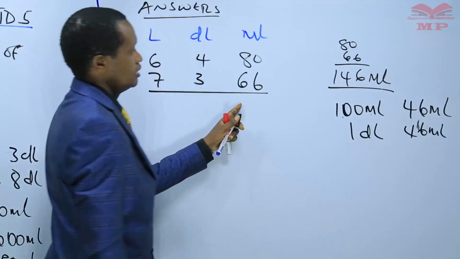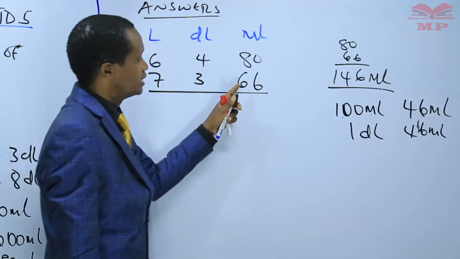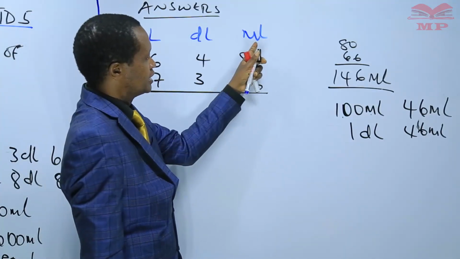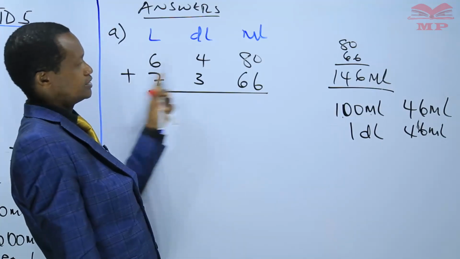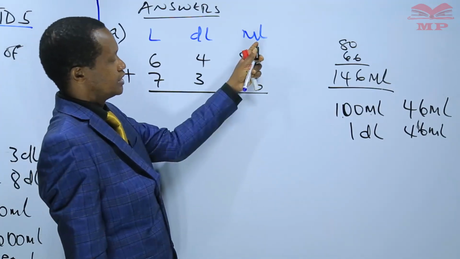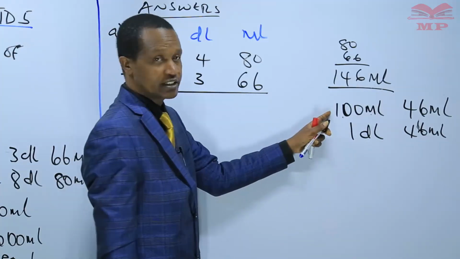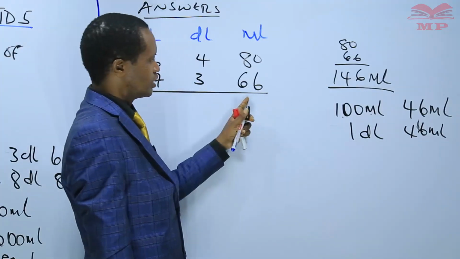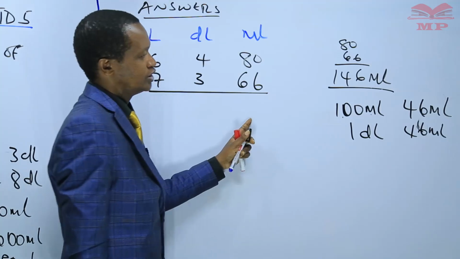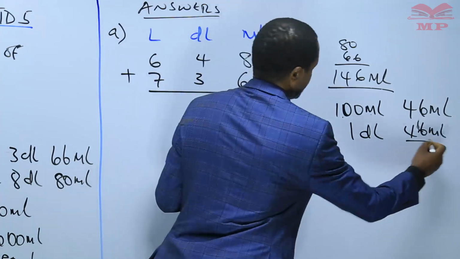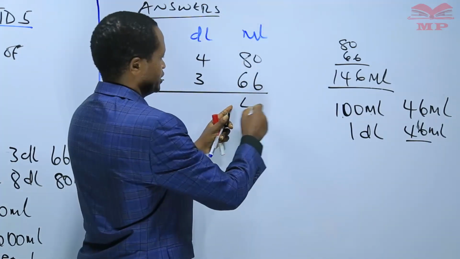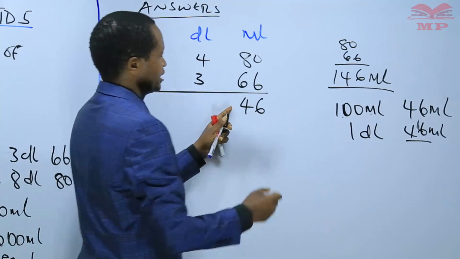So learners, 80 milliliters plus 66 milliliters is equal to 146 milliliters. So instead of writing 146 milliliters, we are going to write 46 milliliters here and carry